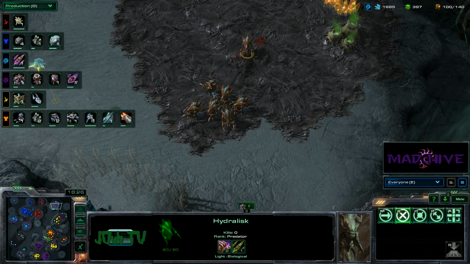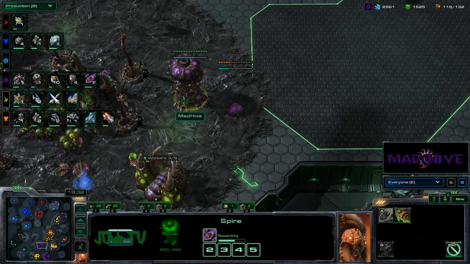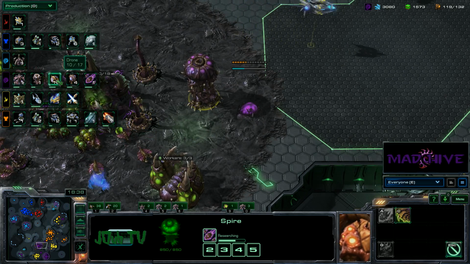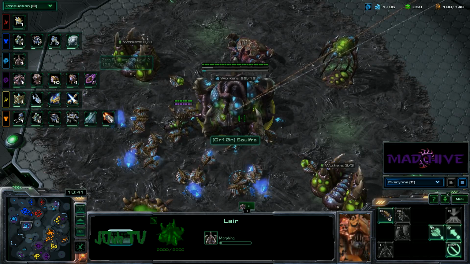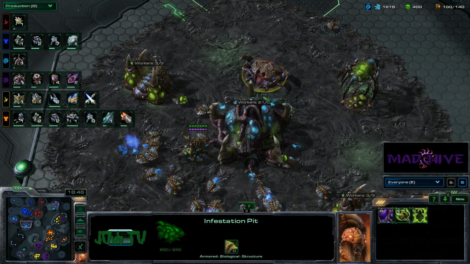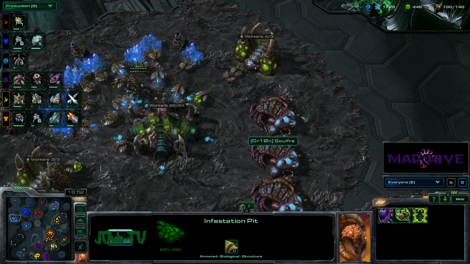But things have quieted down here just a little bit. Looks like I'm getting a second Spire up. I want to get some double upgrades going because apparently I have the income for it because my macro is just terrible this game. 10 more drones on the way. Looks like we do have a Hive coming out for Sulfra. What is he going to be going for tech-wise now? Infestation Pit apparently is just to get that Hive Tech out,